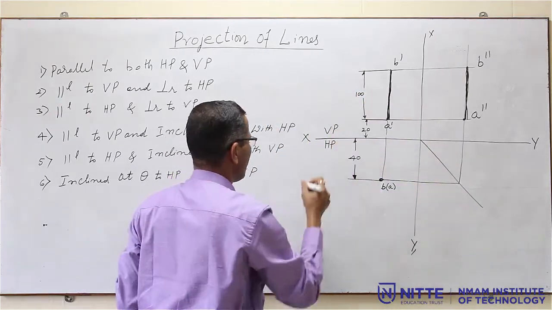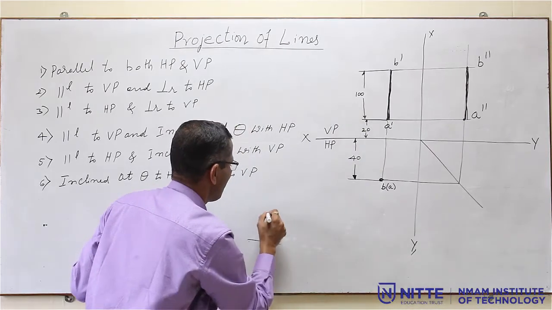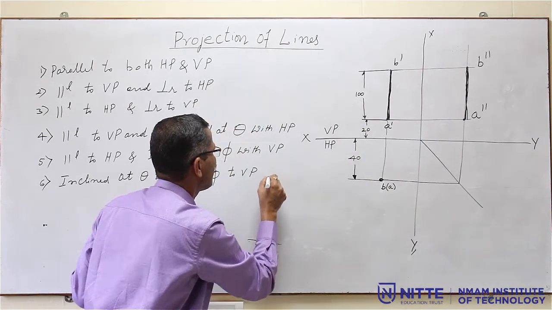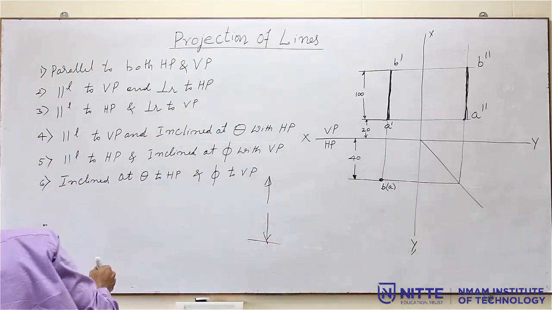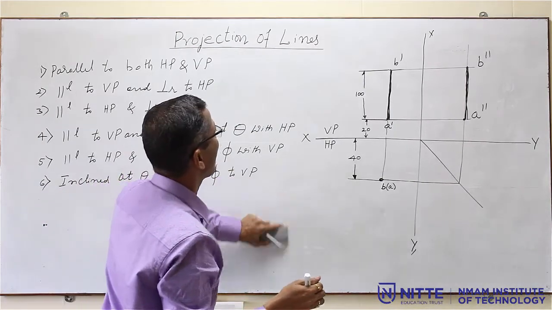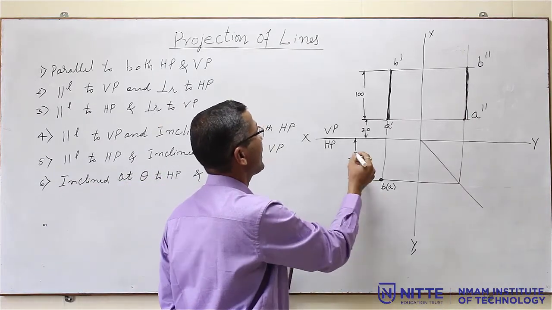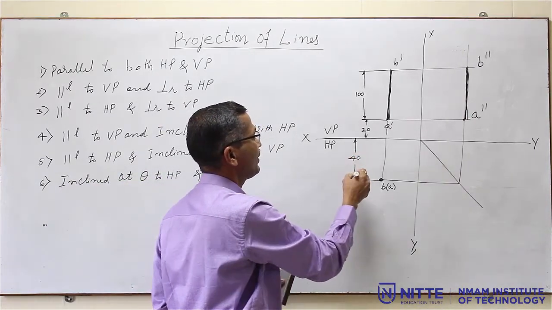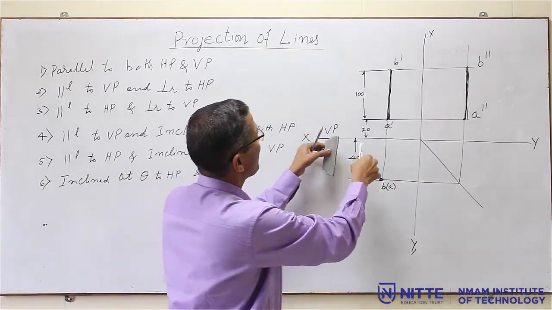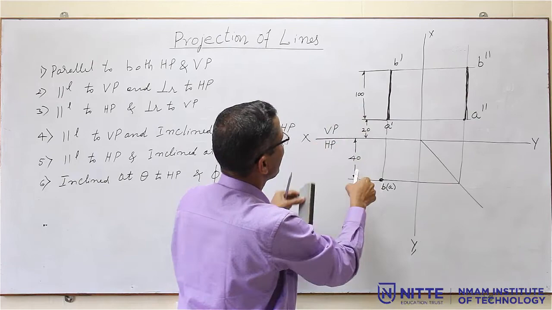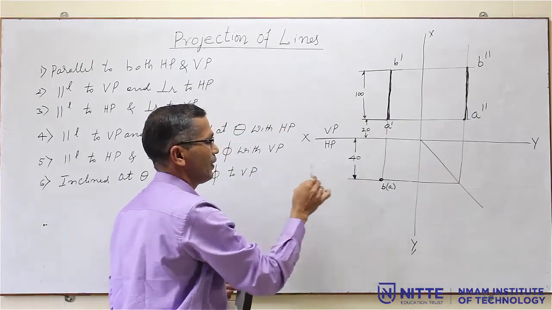And some of you have drawn the dimension lines by freehand only, like this. So, this is wrong. You have to use the scale and pencil, and you have to draw all these dimensions. Now, in the demonstration I am using only freehand, so do not think it is only freehand. You have to use the scale and pencil and keep the scale and draw the line, then split at the middle, then draw the arrowheads.